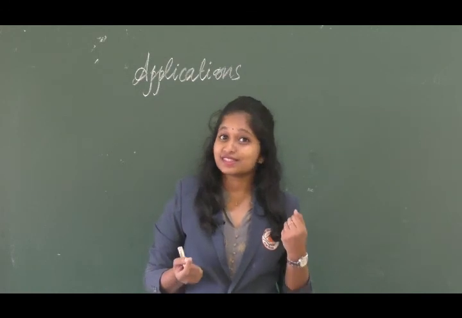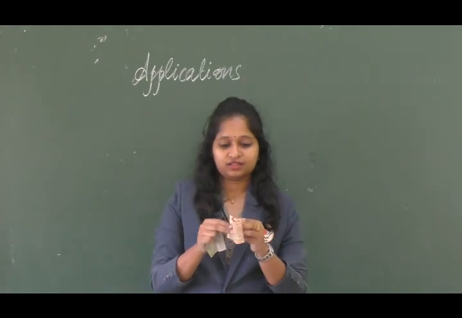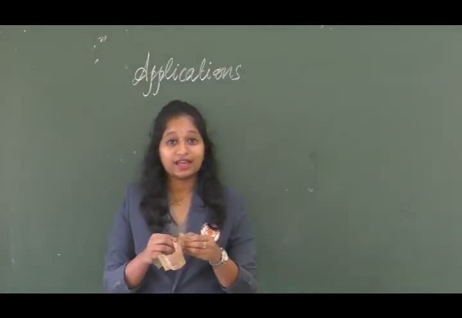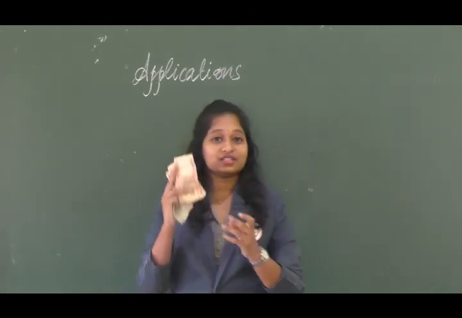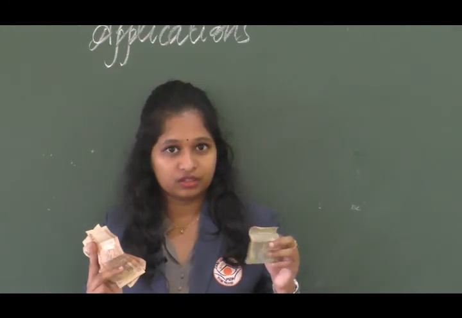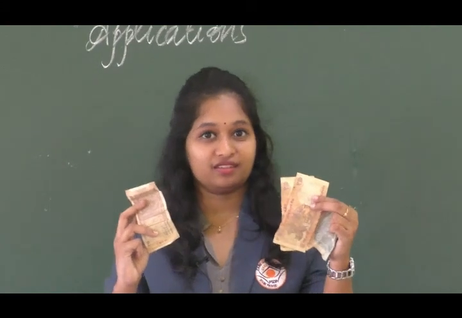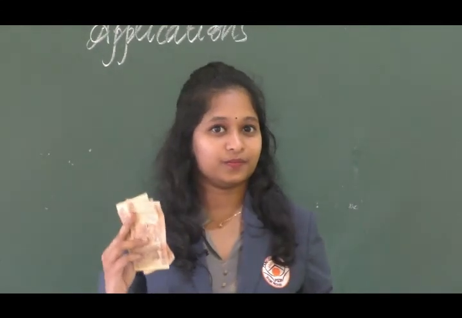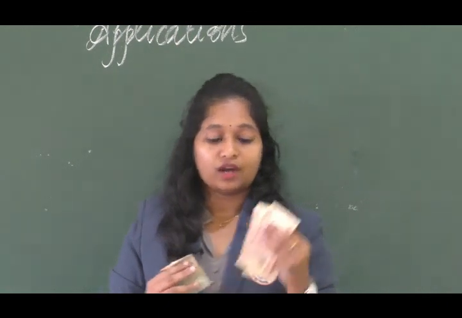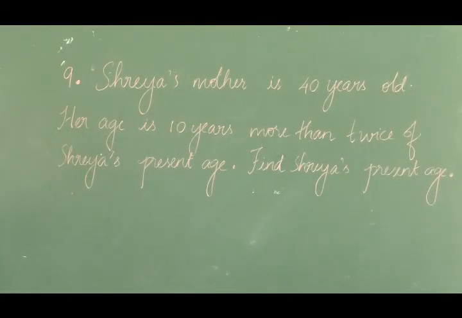Yes, it is 30. Let me see. Yes, I have rupees 30 here. That means 1/5 of 100 is rupees 20 added to 10. It becomes 30. So the amount which was in my left hand was rupees 30. So children, this is a question from exercise 7.3, question number 9.